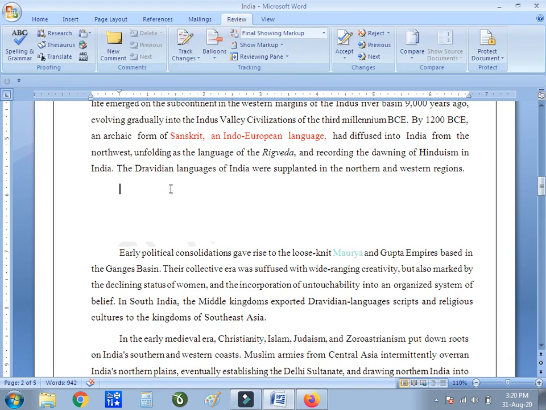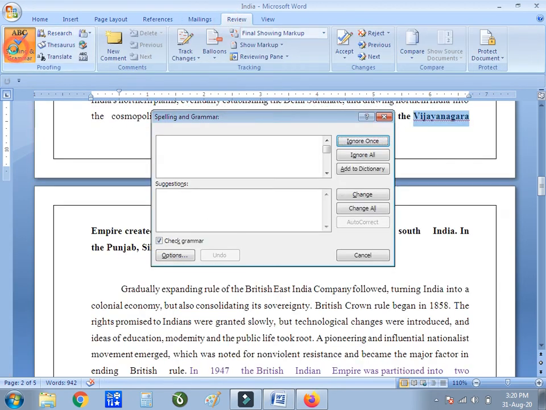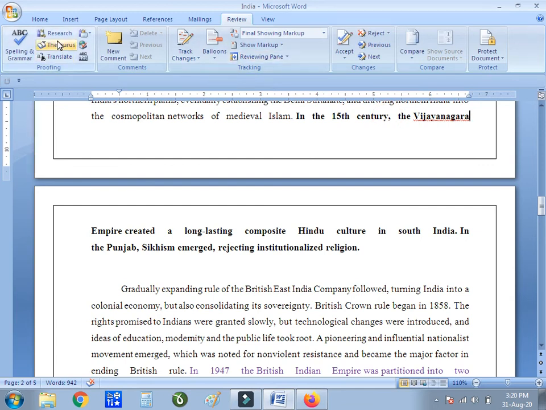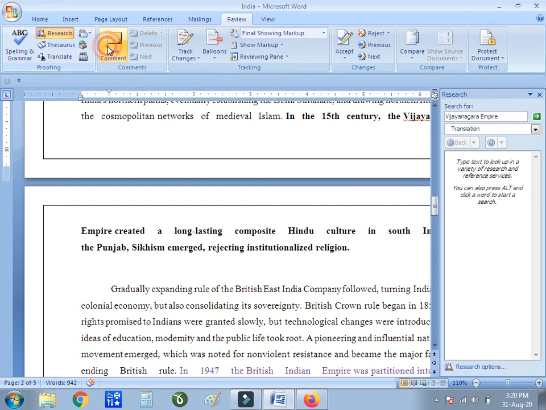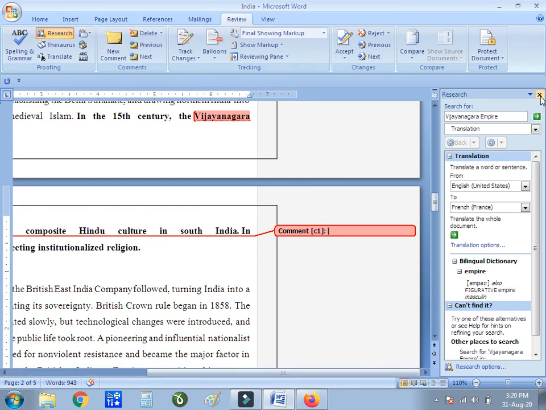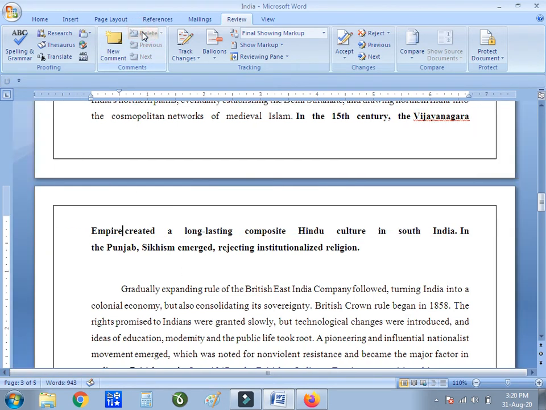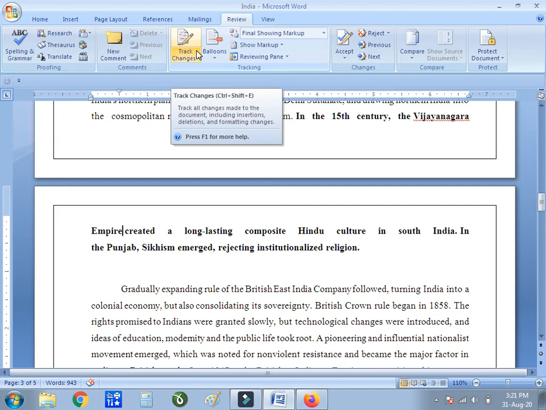Then review. Now if I want to review my page, that means suppose if I want to check the grammar, it will highlight the grammatical mistake and you have to select the option whether you want to ignore it or not. The next thing available in review is, suppose you want to translate particular data, you can go for it, or you can add a comment, and if you want to delete it, you can delete it also. Then next you have to check whether you have to add the balloons to your files or change the track, you can go for it.